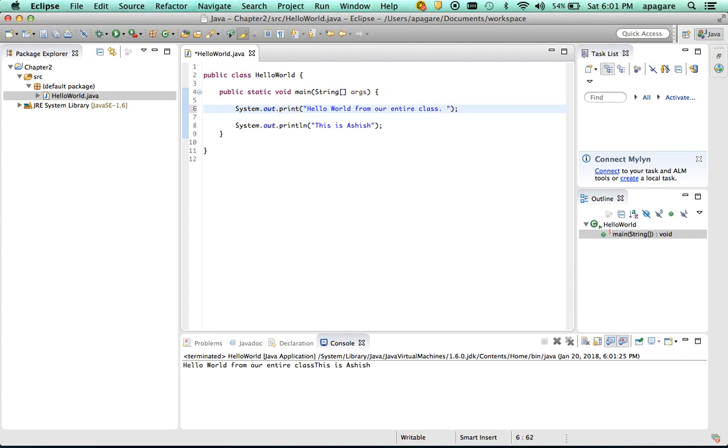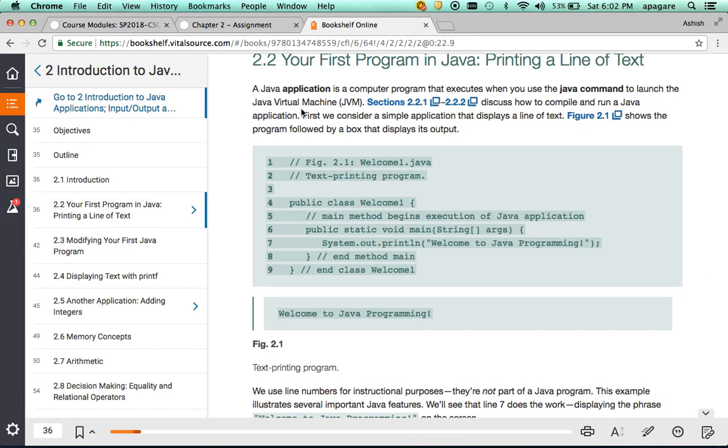Let's put a full stop and a space on the first line. When we run it, it says hello world from our entire class, full stop, a space, this is Ashish. There we go. So there are multiple printing outputs that are available to us. One being what you see on my monitor, system.out.print, another is system.out.println. This code that we are looking in the sample is using println, so it displays welcome